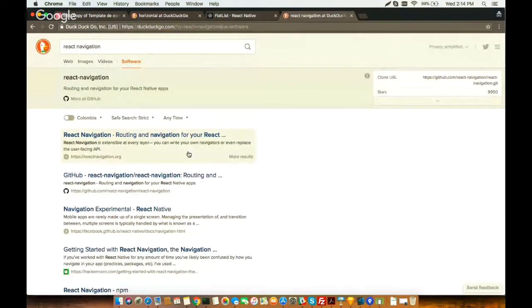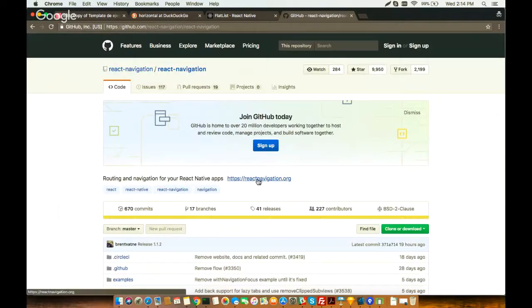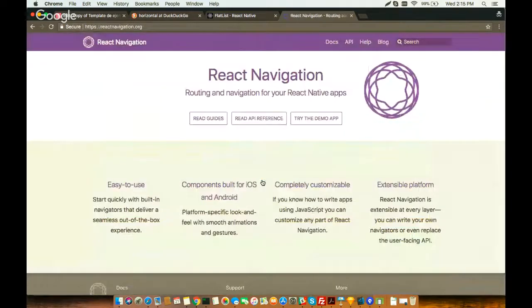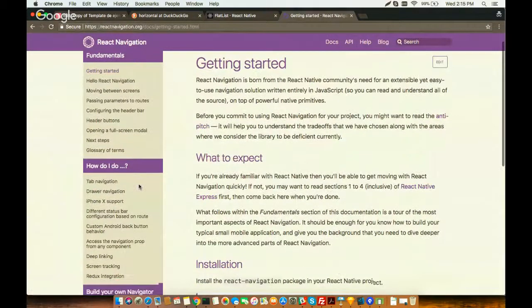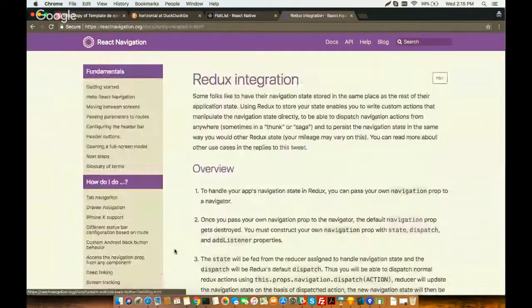The documentation of the React Navigation package provides a way to interact with Redux. So let's check the documentation a little bit. Getting started, what to expect, for example, and if you go here to Redux integration,